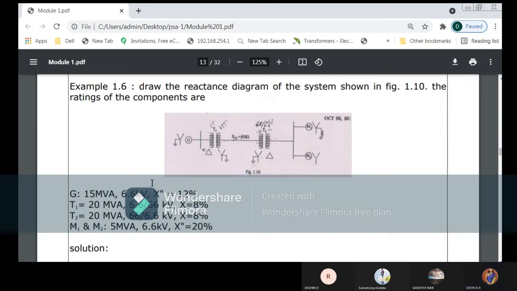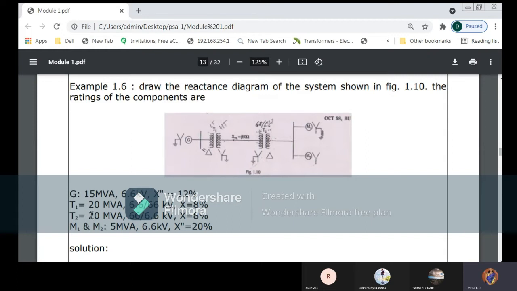Next, determining the sections, LT section and HT section. That is necessary to calculate the new base values. We need to determine the kV values for the transformer, the transmission line, as well as the motor, because we don't have any values for the motor side or the transmission line. First we'll write the ratings here. Transformer 1, 6.6 divided by 66, means 6.6 is primary and 66 is secondary. The value 6.6 is very low, so I can write it as the LT section. 66, the value is high, so it can be represented as the HT section.